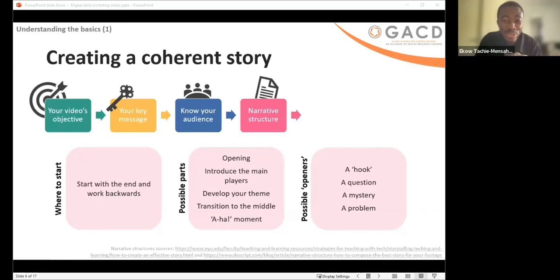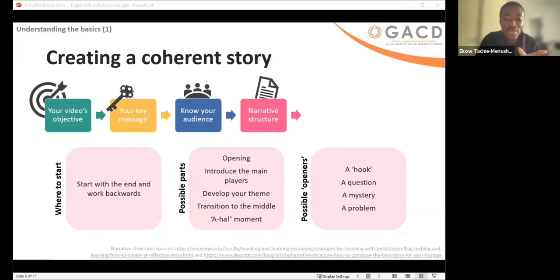And then you introduce the main players. So the main players are, let's say, the facts and the evidence about sugary drinks. And then you develop your theme. So the theme could probably be the mystery itself. So what do you want your audience to know? That can be your theme.